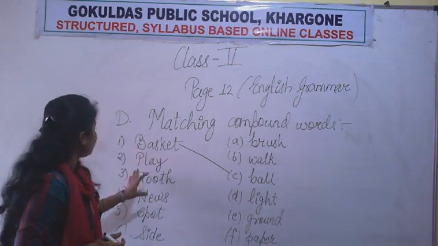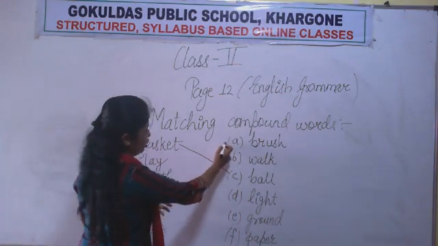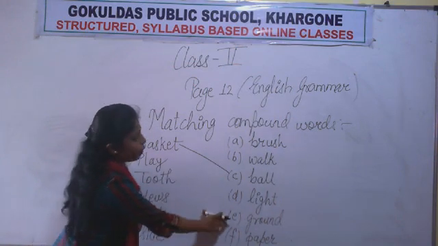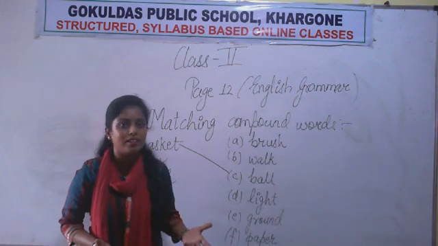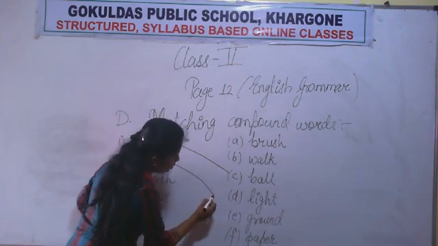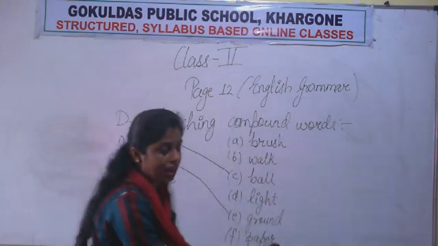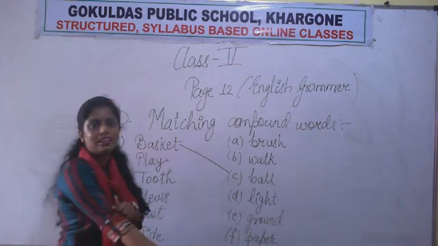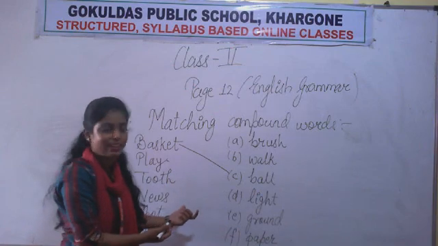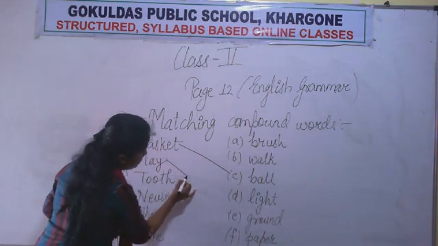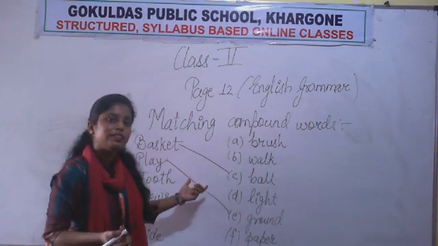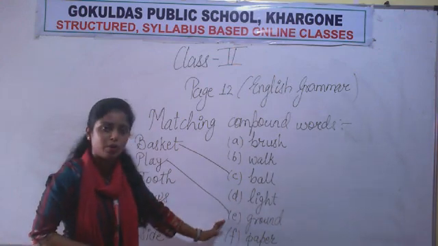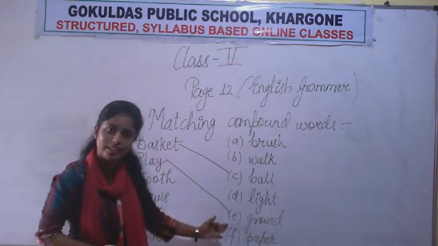Then play. Play, brush. No. Play, walk. No. Play, light. Playground. Is playground a proper word? Yes. So match this word play with ground, and do it with a scale, a ruler. Don't do it with the running hand as I am doing, because I don't have a ruler right now, so I am trying to match it with my hand. But you will do this with the help of a ruler. So play, ground. We matched the word play with the word ground.